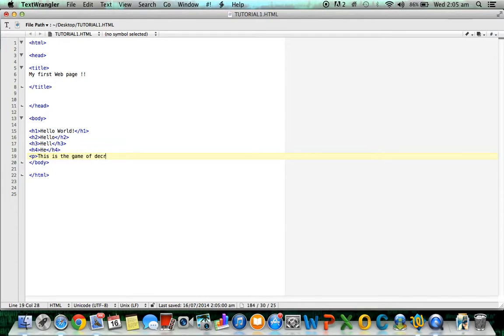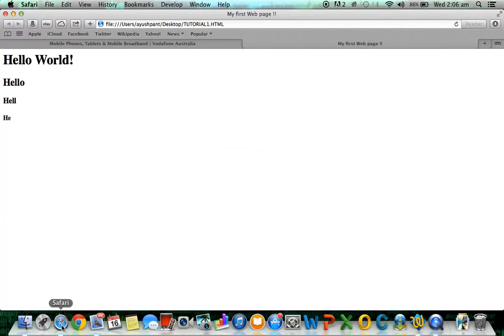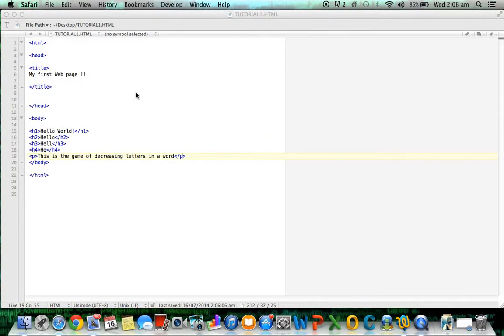decreasing letters in a word, and close the p tag once it's done. Save it, refresh it. This is not bold. You can see this is not bold because this is just a paragraph. So you have many other kinds of tags